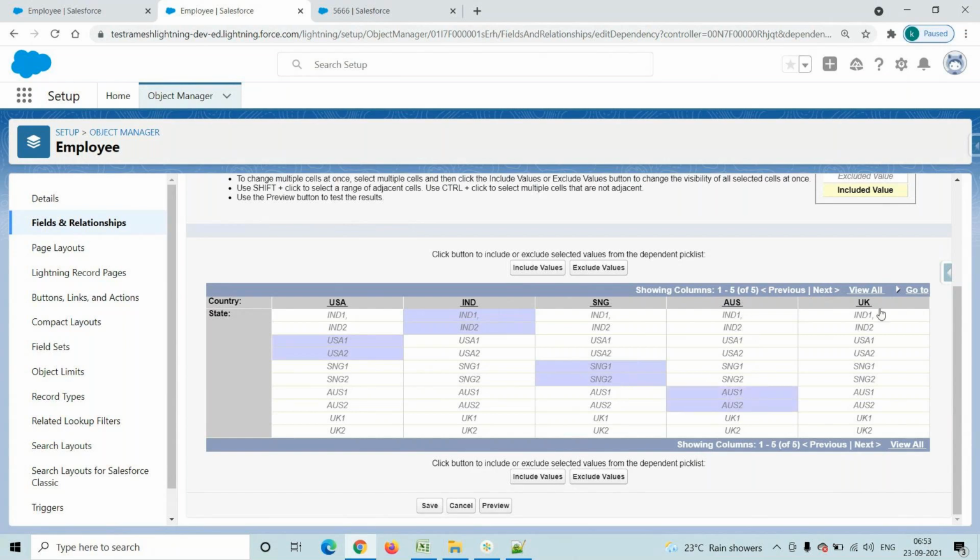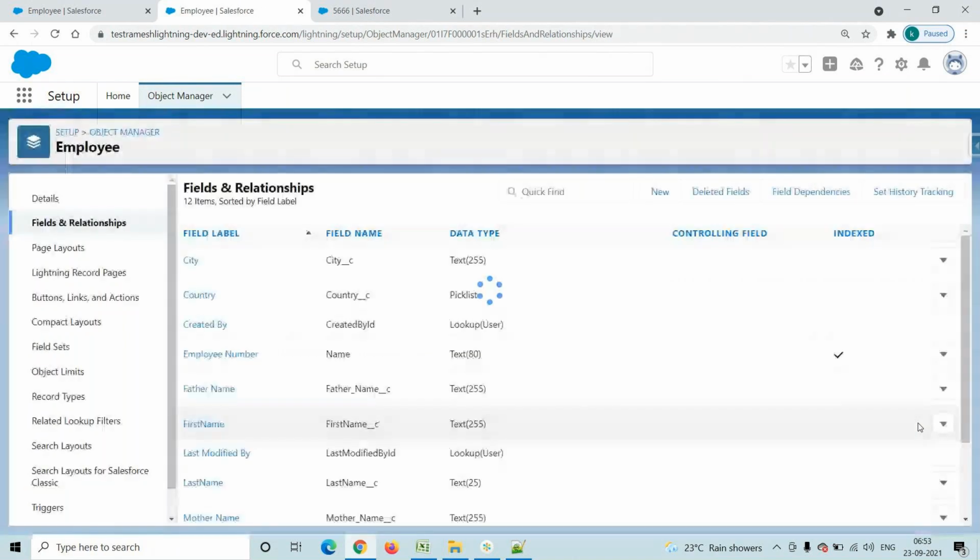For UK, UK 1, UK 2. Once all these values are selected, we have two buttons at the right, include values and exclude values. You have to use include values. It will change the color. Once it changes the color, click on the save button. So we created field dependency between country and state.